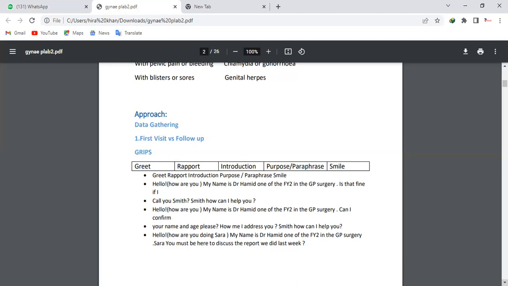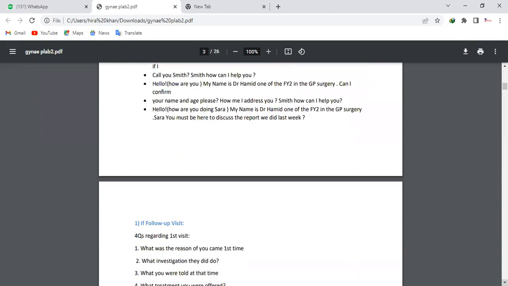She might say no. By asking this question, you are actually engaging the patient and building a rapport with the patient. That is very important. That is a part of IPS. And then you will say, well, I will explain the results in a while, but let me just ask a few questions so that I can be in a better position to explain what's going on. Is it okay for you? So always, at every point and every station, try to engage the patient.